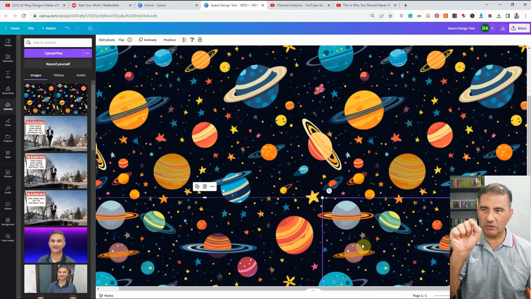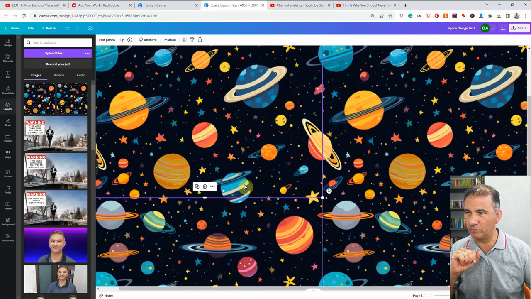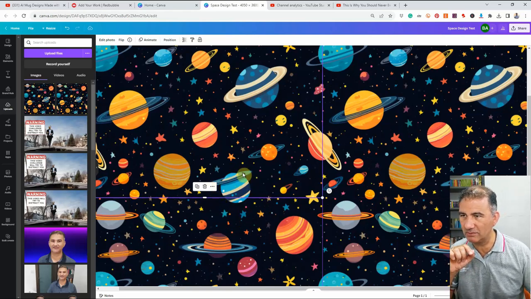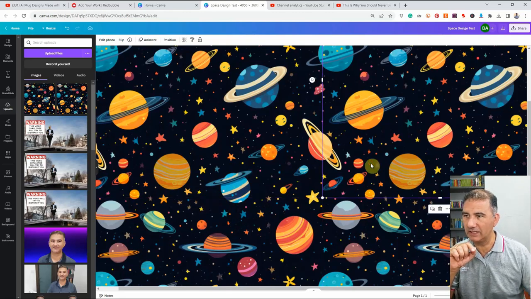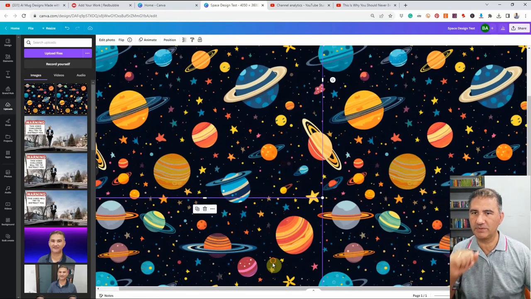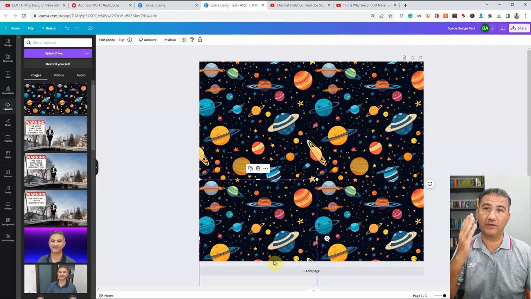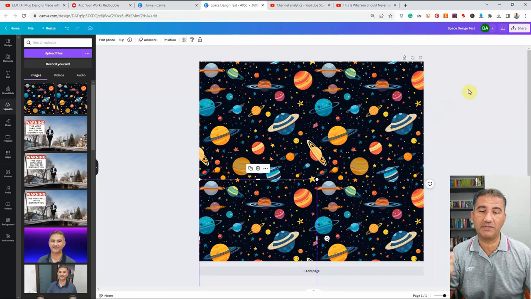What you want to do is take a look at a particular graphic in the design and make sure that it's properly aligned. I was looking at this blue planet here with the rings of Saturn on the top, just to make sure that they're nicely aligned. And by the looks of it, they are. We'll do the same thing on this side here, and it looks, for all intents and purposes, that we are properly aligned. Then it's just a question of clicking on the share button at the top there,